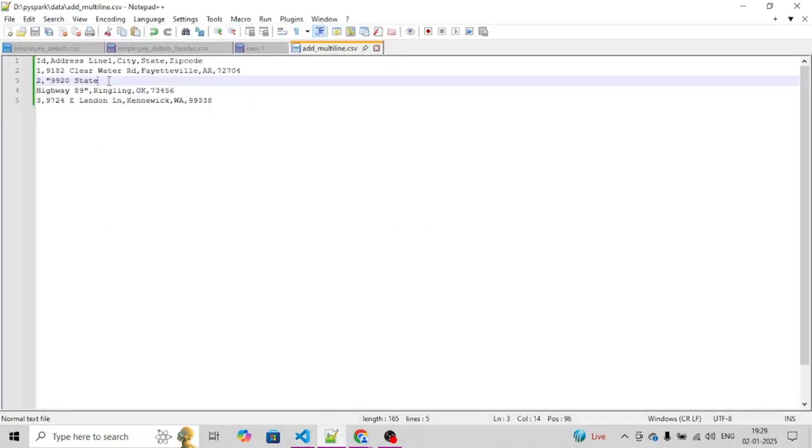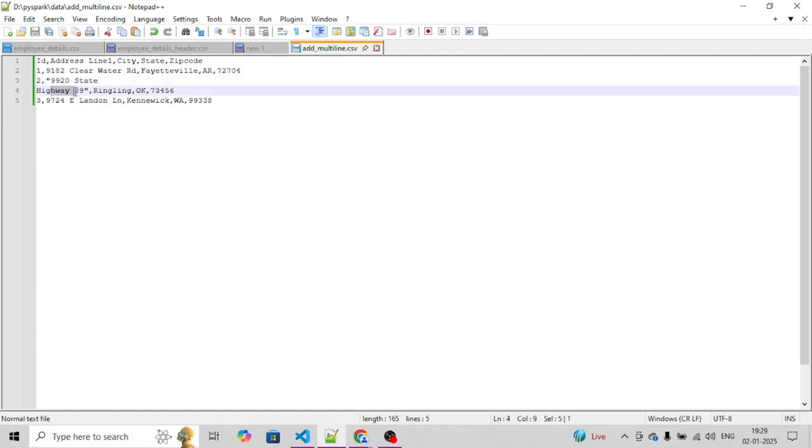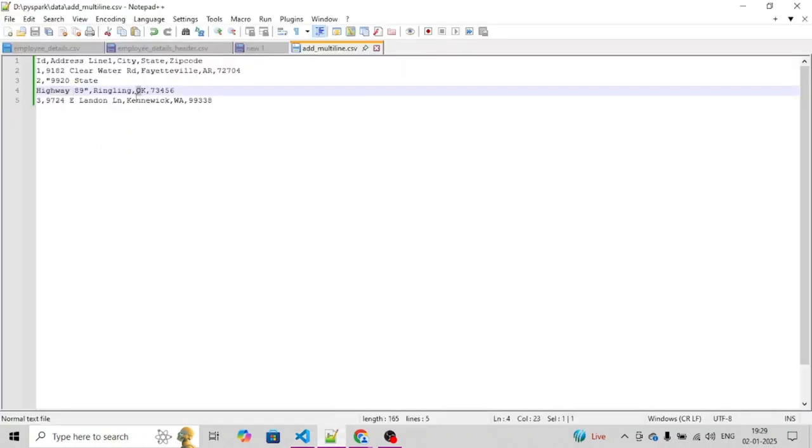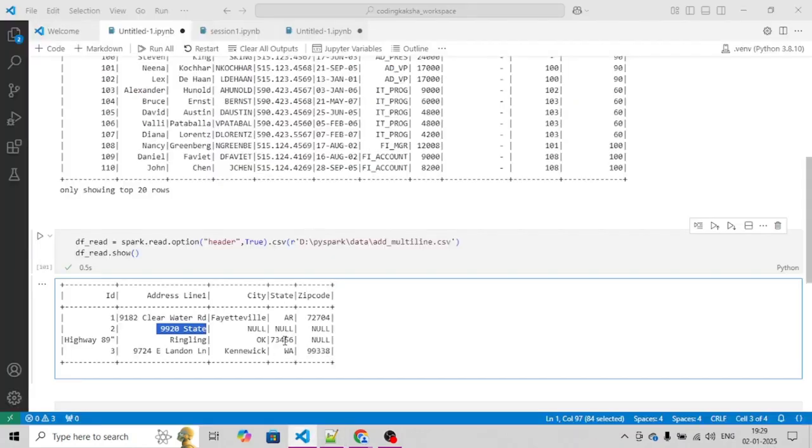So it considers everything after the state as null, and it takes highway 89 into the id, which makes no sense. It is also taking okay as a new line, which should be our state code, and 7346 as the zip code, which comes into the next line as the state code, and zip code is null. So how will we handle this?